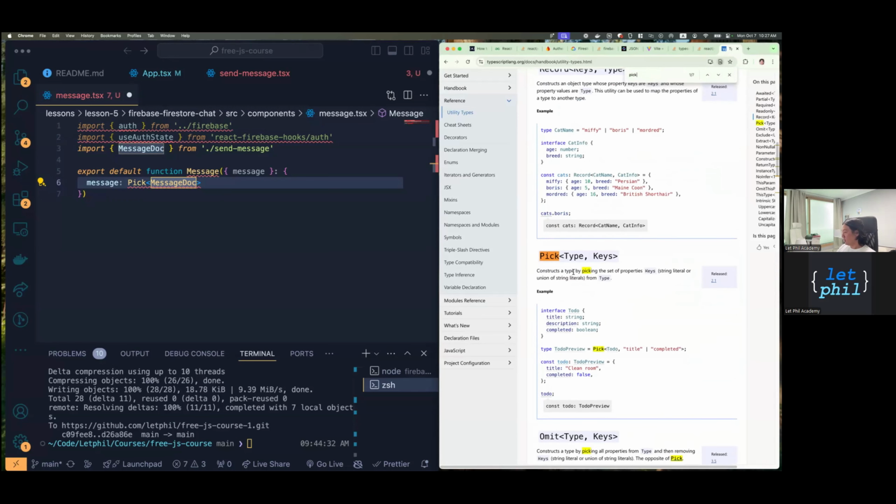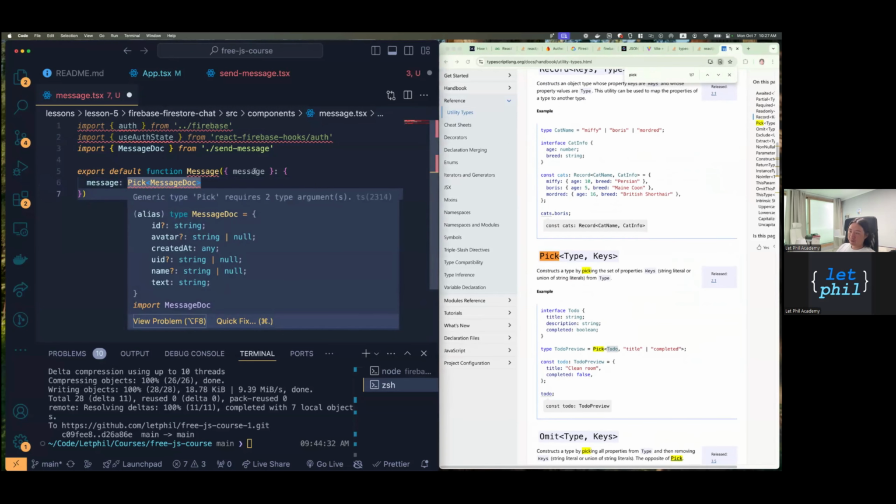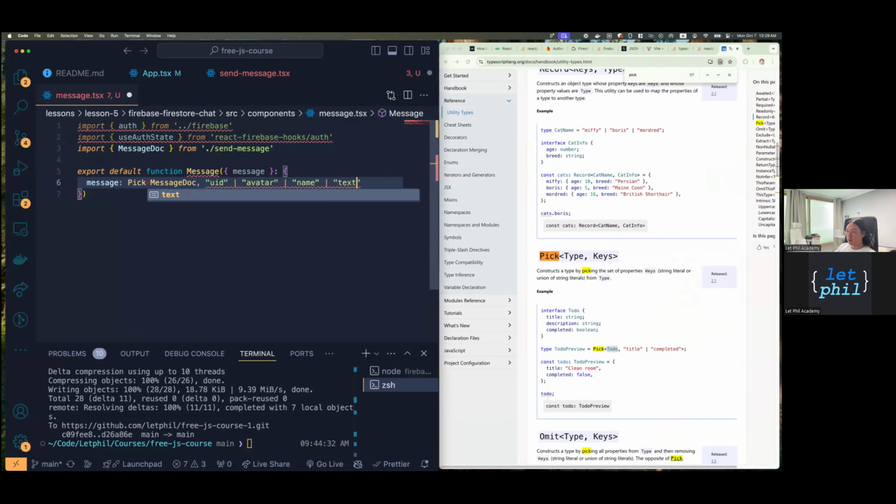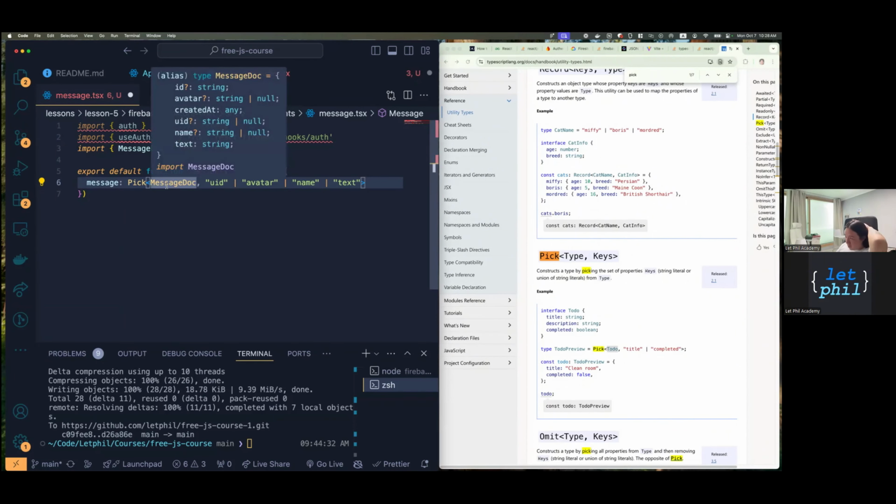All right, Pick, and then the keys that we need. So Pick, and we pass in that, and then we're going to need keys of UID, avatar, name, and text. Pick is a TypeScript utility that just picks off these types from the type that we create. So